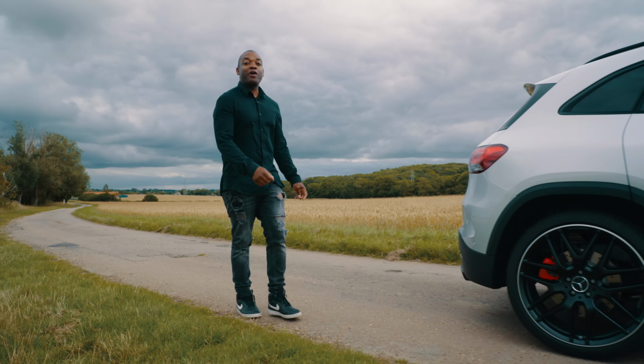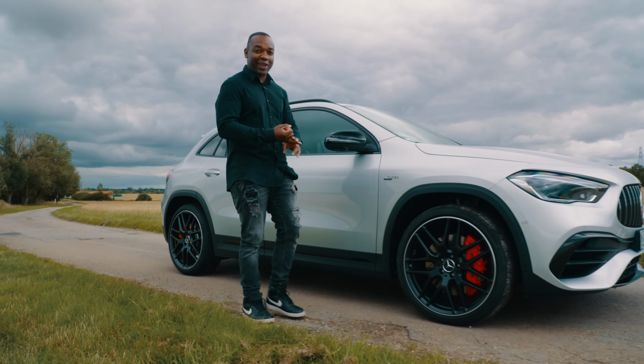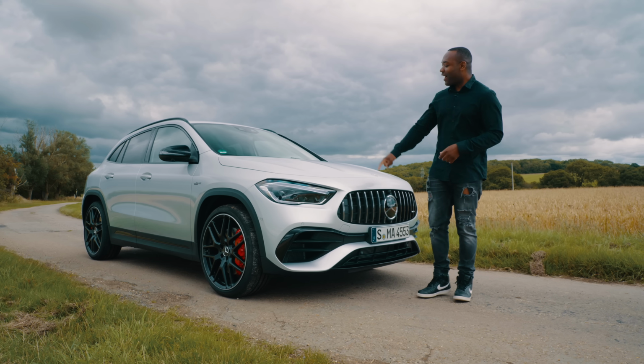The Mercedes A45S is one of the great hot hatches of recent times. It's fast, it's good looking, fun to drive. In fact, the only way you could really improve it is to make it more practical. And that's the idea behind this, the